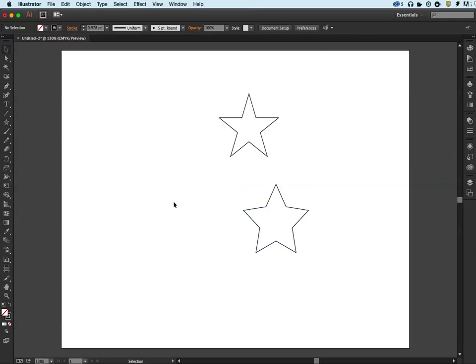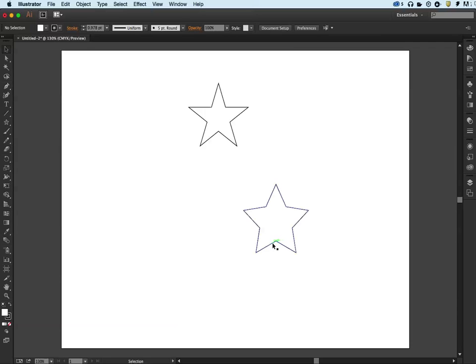But if you come over here with the move tool and I try to click on this to move it, notice if I click in the middle and I move it, this one up here, if I click in the middle, it immediately selects because there's a fill. If I click over in the middle of this one, it doesn't select it because there's nothing to select. It has no fill. So if you are wanting to move an object that you've created that has no fill